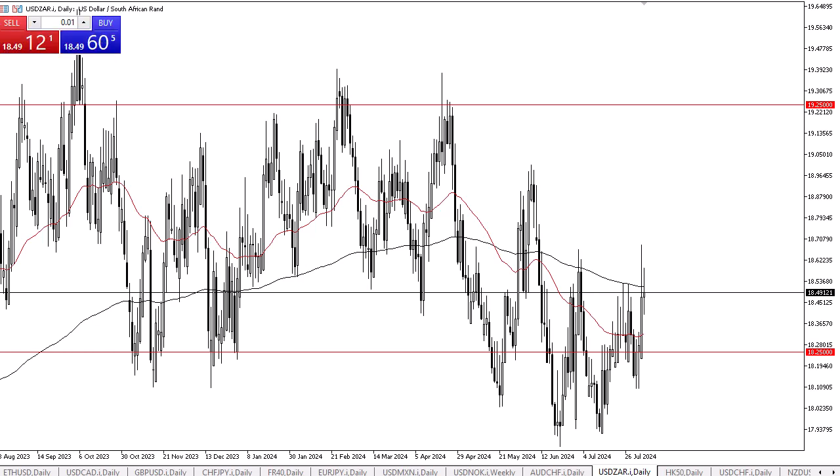Nonetheless, I think that we are closer to the bottom than the top of the overall range. So I do think that we've got a situation where buyers will more likely than not continue to buy dips. If we were to break down below the 17.93 level, then we could see the US dollar capitulate, but that more likely than not would see US dollar weakness around the world. And in this risk off type of environment, it would take a lot to make that happen.